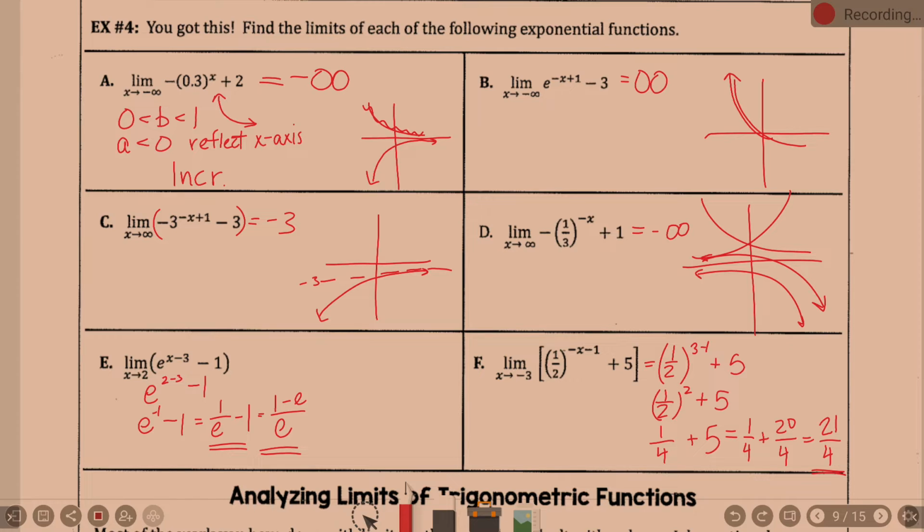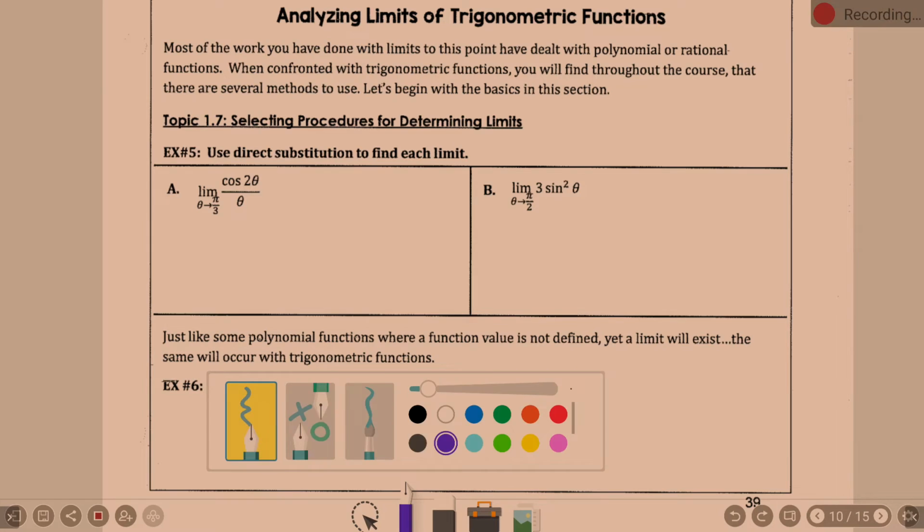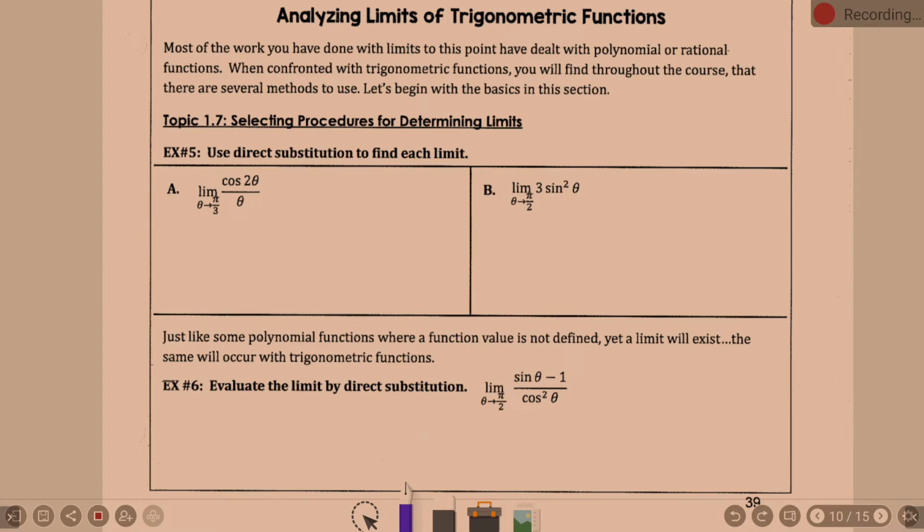Okay. Looking down at the next part. If you remember, this lesson was the transcendental functions. And notice it says most of the work you have done with limits has dealt with polynomial or rational functions. When confronted with trig functions, you will find throughout the course that there are several methods to use. Let's begin with the basics, okay? The basics being direct substitution. That's one of my first go-to methods: can I just plug stuff in? So if I start plugging stuff in,